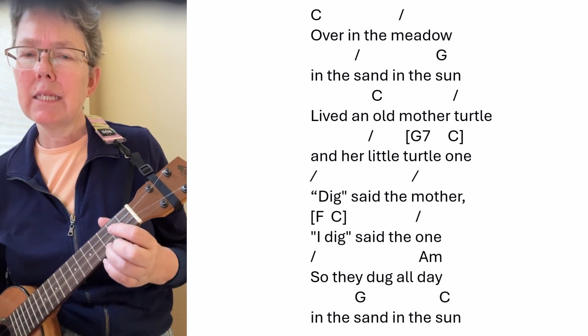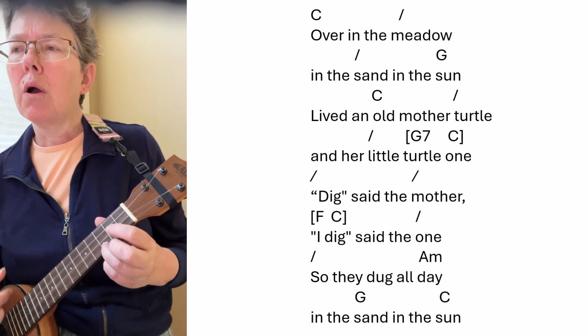Let's try that one more time, just a little bit faster. Over in the meadow,